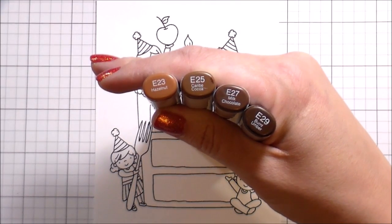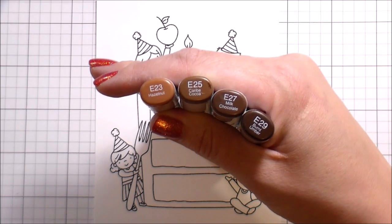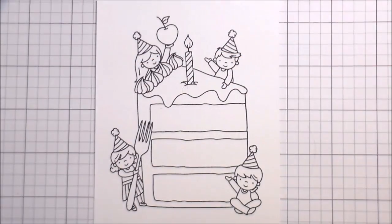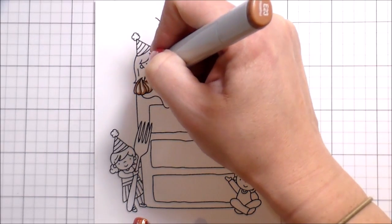It looks a little bit dirty. I'm going to be honest, it looks a little bit dirty because there's no other colors on it, but you'll see once we get to the end and you see the finished piece, how that does really look white once you add in the other colors. So I wanted to show you it again with the chocolate in case,